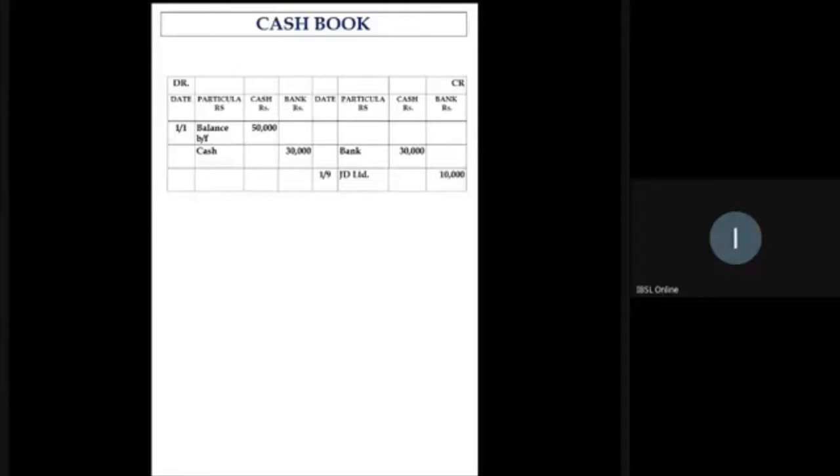Now we don't have to worry who this Madura is, but what we need to know is, now you have received a check. It could be as a settlement for one of the debts. So one of your debtors is paying you by way of a check. Now ideally speaking, as per the question, what should happen? The check should be initially debited to the cash column, then you need to transfer it to the bank column, just like the 30,000 that we did. Likewise you have to do it. So what I have done is I have eliminated that path and I have recorded it straight away.